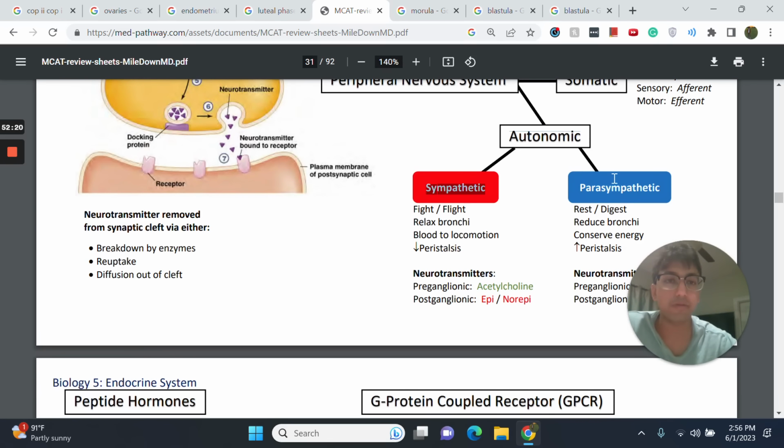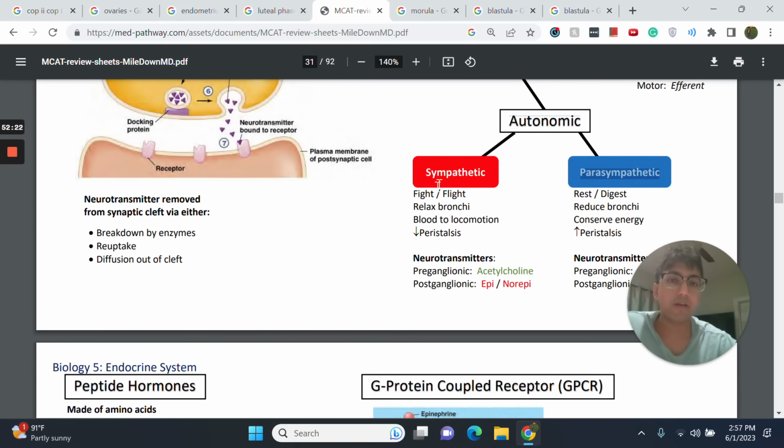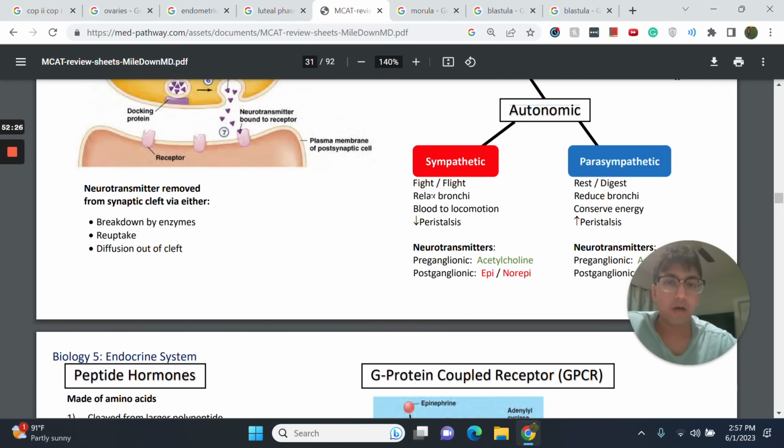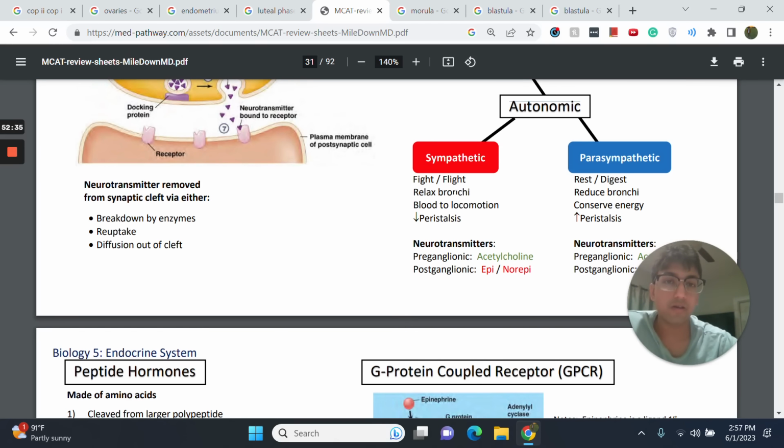Autonomic can be either sympathetic or parasympathetic. Sympathetic means it's a fight or flight response, and parasympathetic means it's a rest and digest process. So how I think about it is, if you're at a campfire and you see a bear, that's fight or flight, right? But if you're just eating food by the campfire, that's rest and digest. And so it's pretty easy to remember what happens in the sympathetic if you just understand that concept,